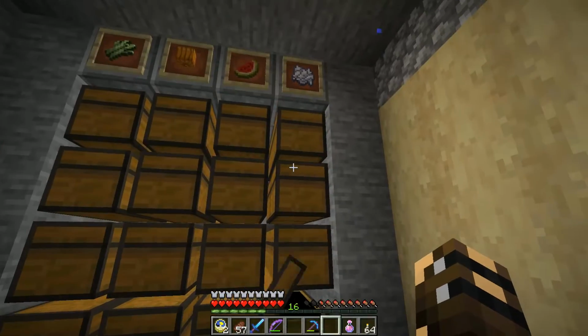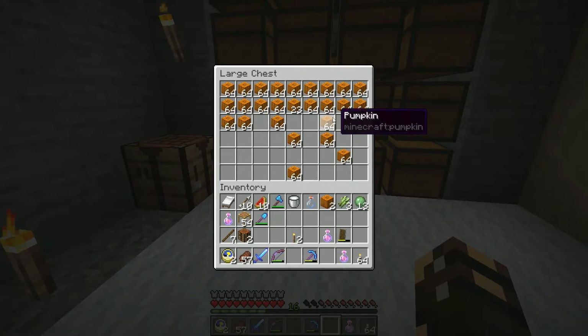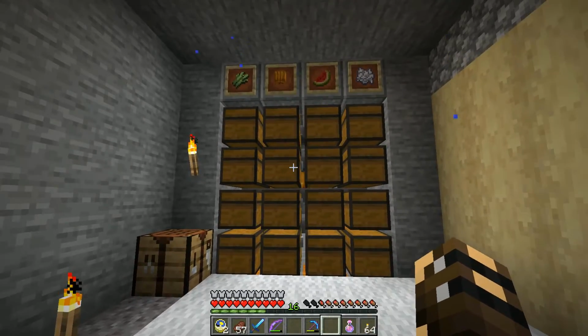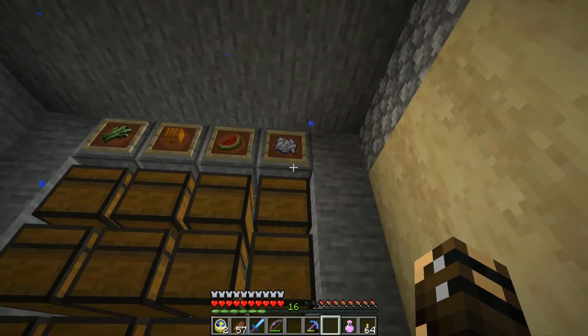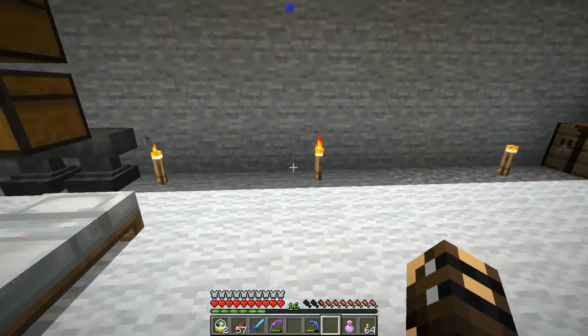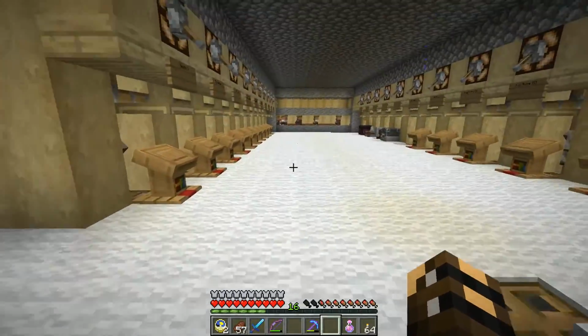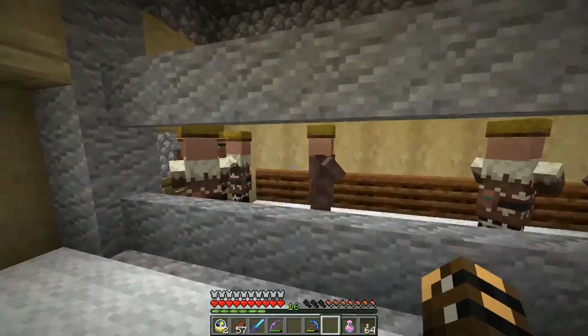Oh, I've got one. How did that happen? I'll probably put it in there. We've got a long way to go before I get any overflow because I've been trading so much. So the plan is, once I start getting overflow and I start making bone meal in here, then I can put a little micro farm so I can make wheat, carrots and potatoes just to feed these guys and to